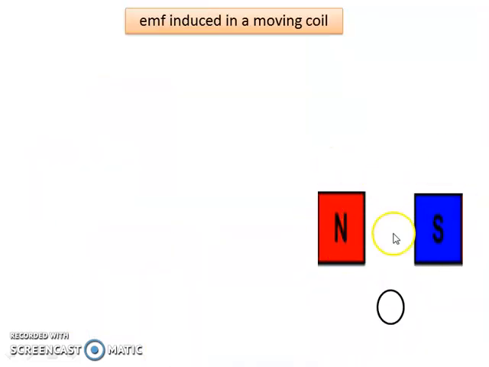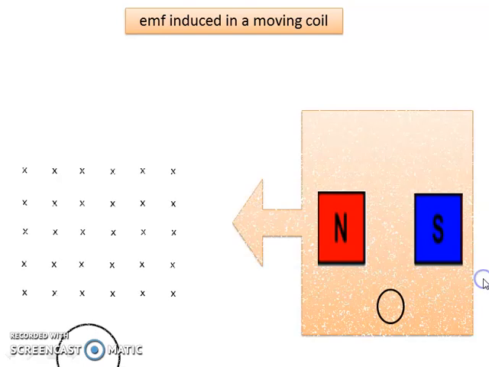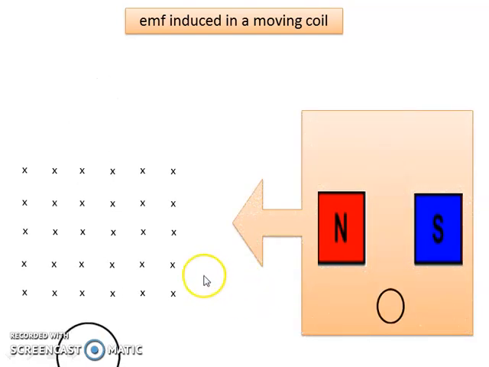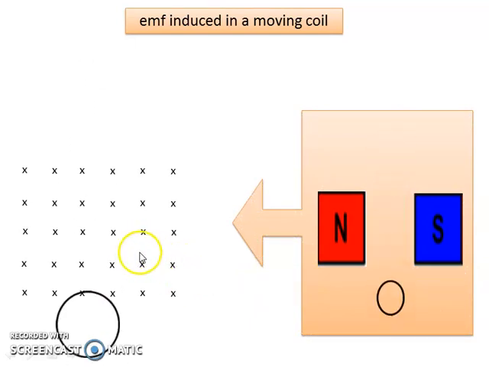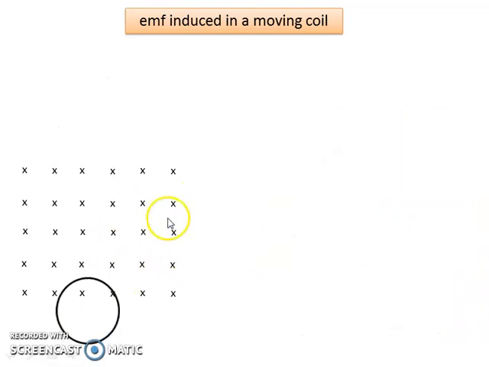Observe this diagram. The magnetic field is from north to south, which is to the right. But we are going to draw another point of view of the direction of the magnetic field, where the direction of the magnetic field is into the screen. Refer to this diagram. The cross drawn here means that the direction of the magnetic field is into the screen.